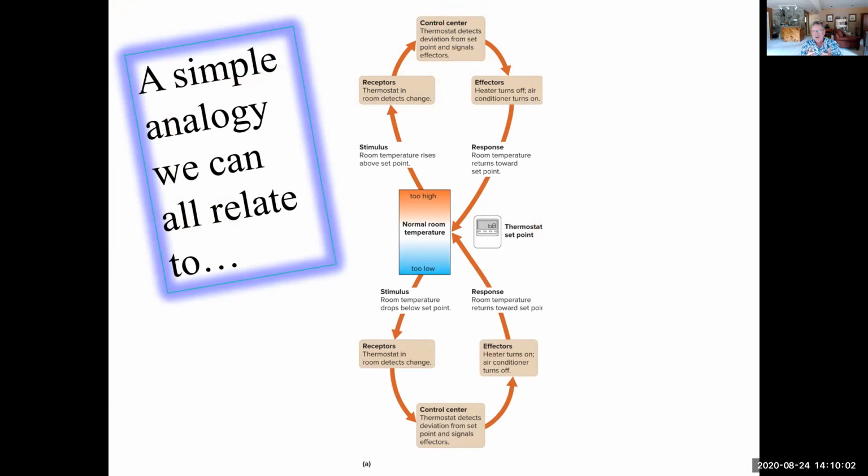So in the wintertime, as the temperature drops outside, and we'll assume the thermostat is set at 68, as it implies here on the diagram, as that room temperature begins to fall because it's cold out, the thermostat in the living room or wherever it is going to detect that drop in room temperature. It's sort of like the receptor, the electronic receptor in this case. It sends a signal